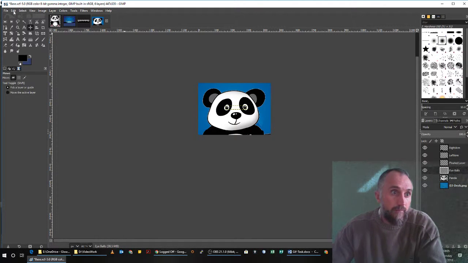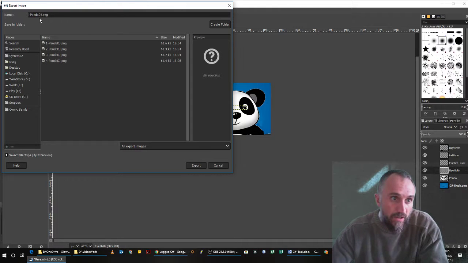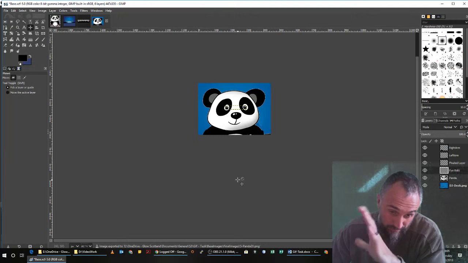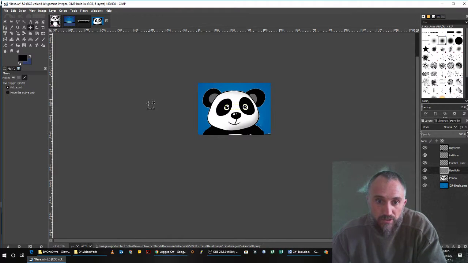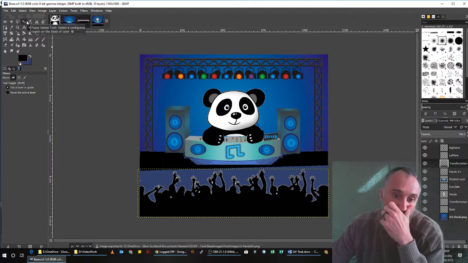Here-ish. File, export as 5 pandas, so 5 frames of being there. It might be too much, but probably too much and too little. Control Z, Control Z, Control Z. Okay, sweet. Now I'm going to zoom out a little bit,